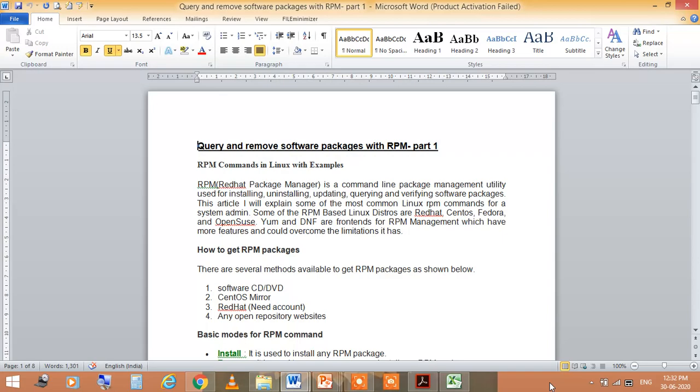Some of the RPM based Linux distros are Red Hat, CentOS, Fedora and OpenSUSE. Yum and DNF are front ends for RPM management, which have more features and overcome the limitations it has.